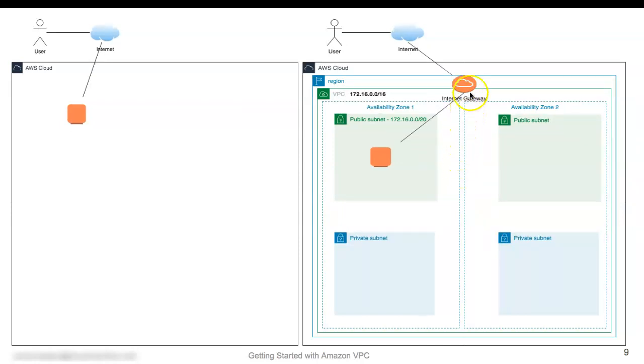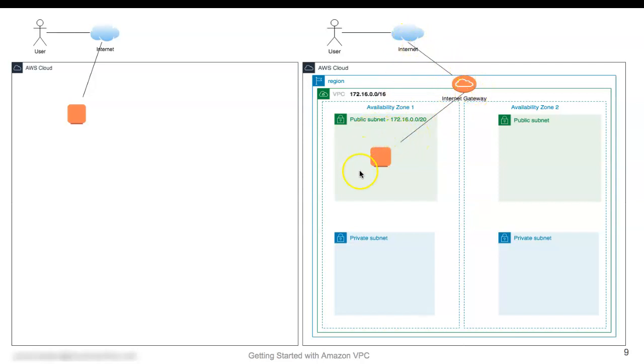There is one more element which comes into VPC, which is called Internet Gateway. Now whenever a user is accessing your EC2, the user connects to your EC2 via Internet Gateway. Internet Gateway is nothing but the entry and exit point for all the internet traffic. So if you are doing SSH to this instance, then the traffic comes via Internet Gateway.